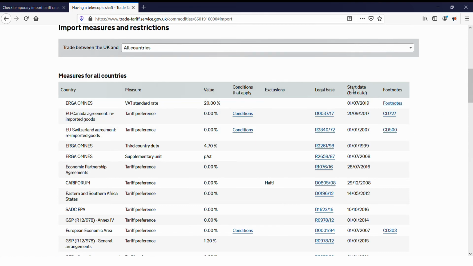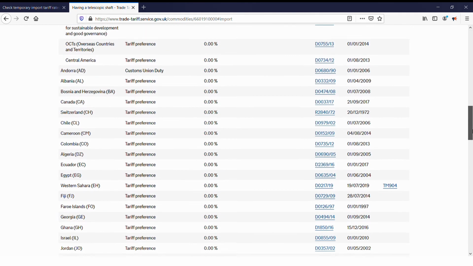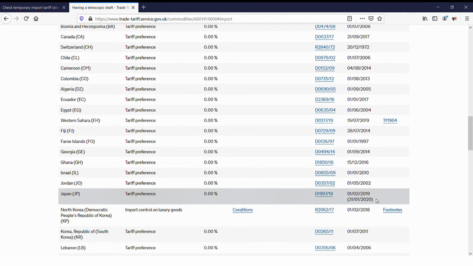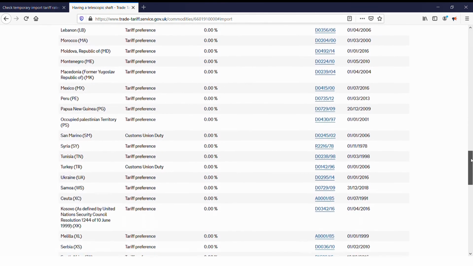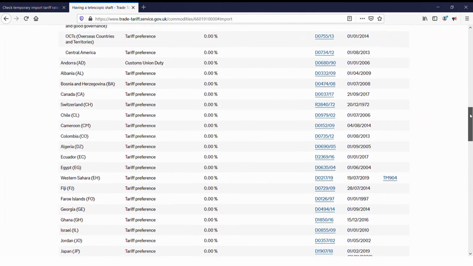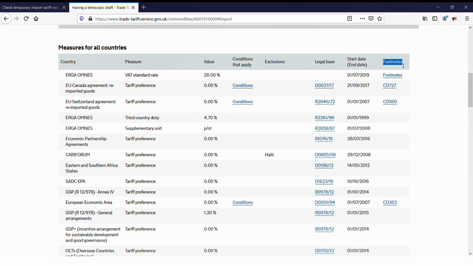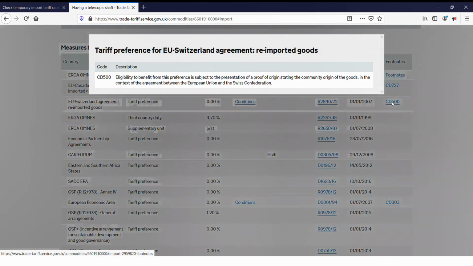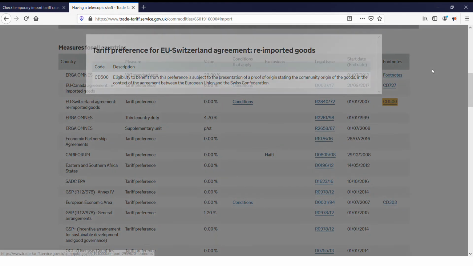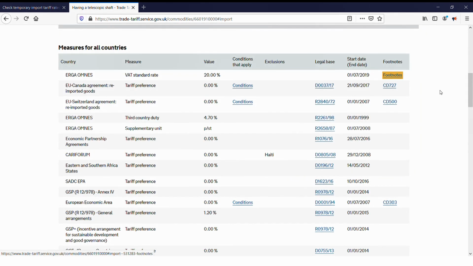Start date, end date. This column can hold 2 dates per row. The first date must be included, and it is the date when the measure takes effect. The second date is given in parenthesis and sets the date when the measure is due to terminate. Hardly any of these measures are set with an end date, so I guess end dates can be added if they are required. Footnotes. Footnotes are made up of a code and a description. They are used to attach pertinent details, in the form of free text, to the measure or restriction. We will touch on tariff preferences, conditions and footnotes, and restrictive measures again, when we delve into legal base, in order to further discuss trade agreements.